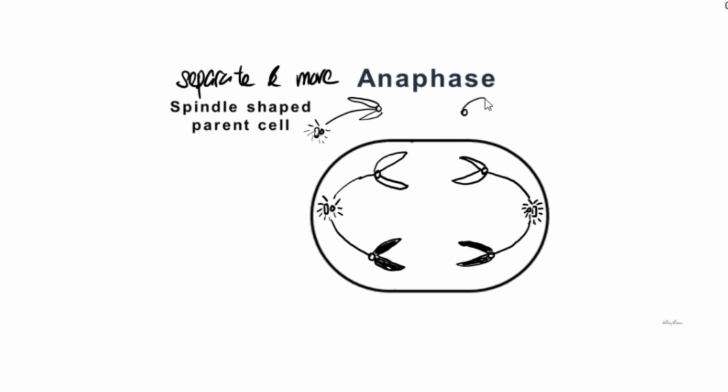Same goes to this one, the separated pair. If you draw the tips of the chromosome arms facing toward the centrosome, it is a wrong concept drawing. So we have to always remember, when we draw the separated sister chromatids, let the centromere face towards the